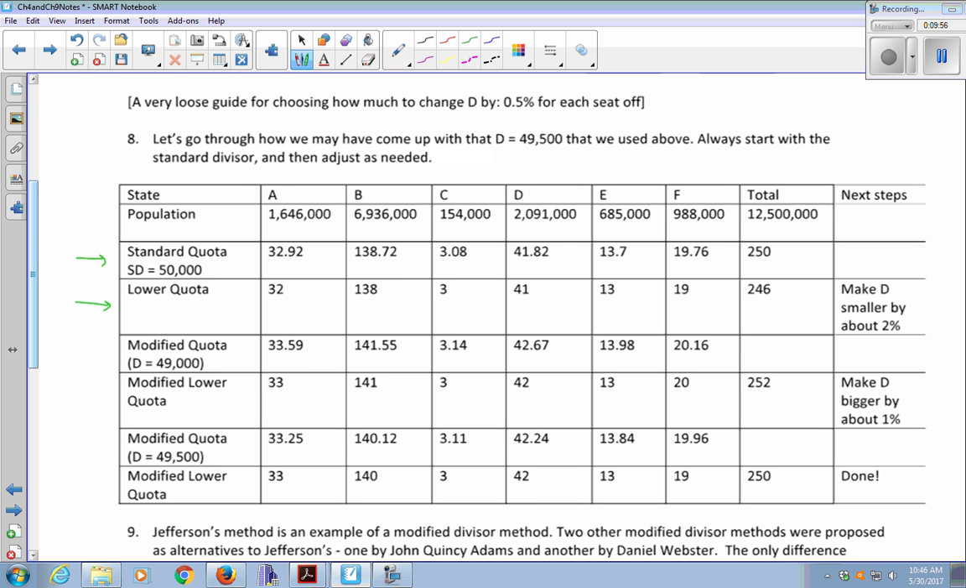2% of 50,000 is 1,000. You just do 0.02 times 50,000 and you get 1,000. So I'm lowering my divisor by 1,000 here. So my new divisor is going to be 49,000. And I start the process again. I take each state's population, divide by the new divisor of 49,000, and now I get, 1,646,000 divided by 49,000 is 33.59. So I get all new modified quotas, round them down: 33, 141, 3, 42, 13, 20, add them up, and